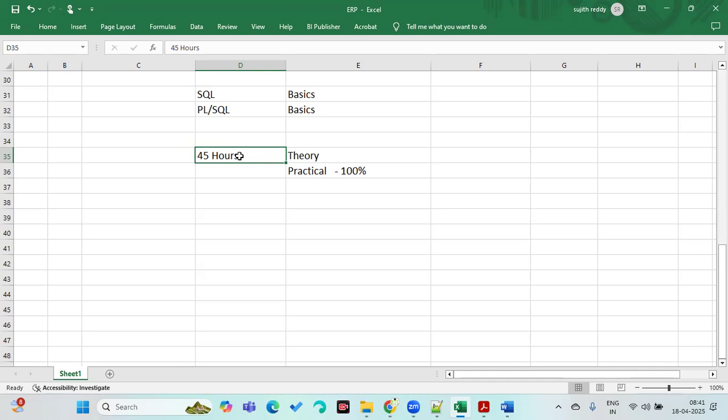So 45 hours will be there. If you are perfect in these 45 hours theoretically and practically. Once a topic is over, I'll give you the interview questions and answers also. I'll give you the question, the theory answer, and I will give you the practical answer also. Where will the practical answer be? Anyway, it will be there because in the classroom, I will be explaining practically, right? So it will be there always.